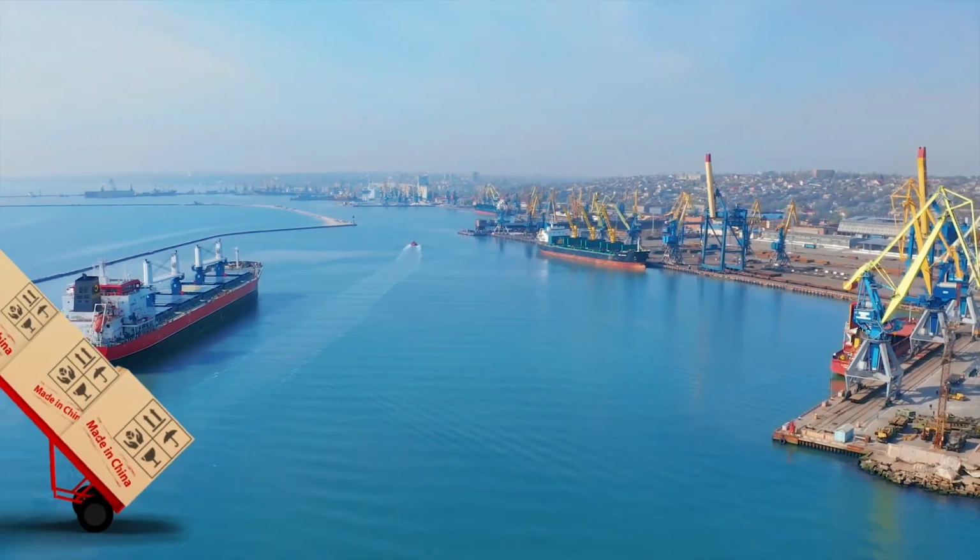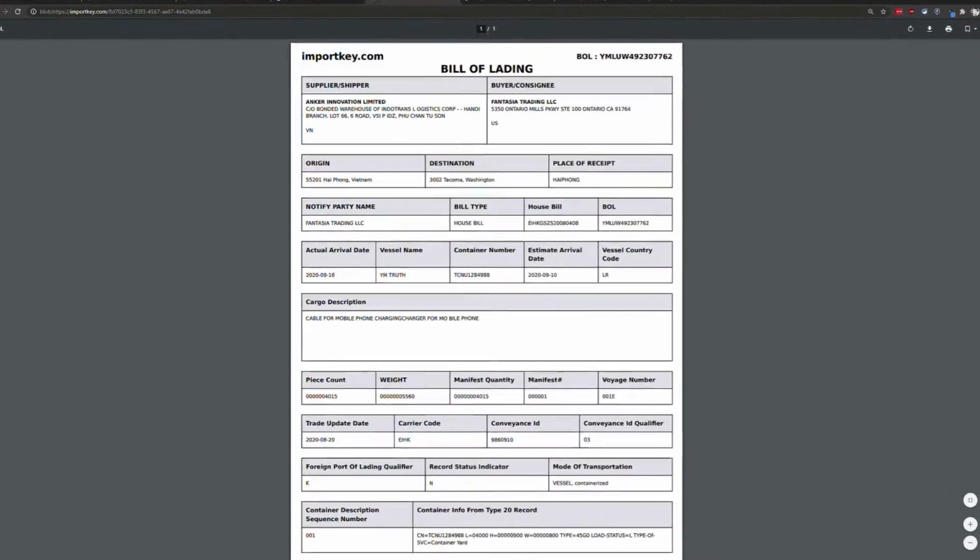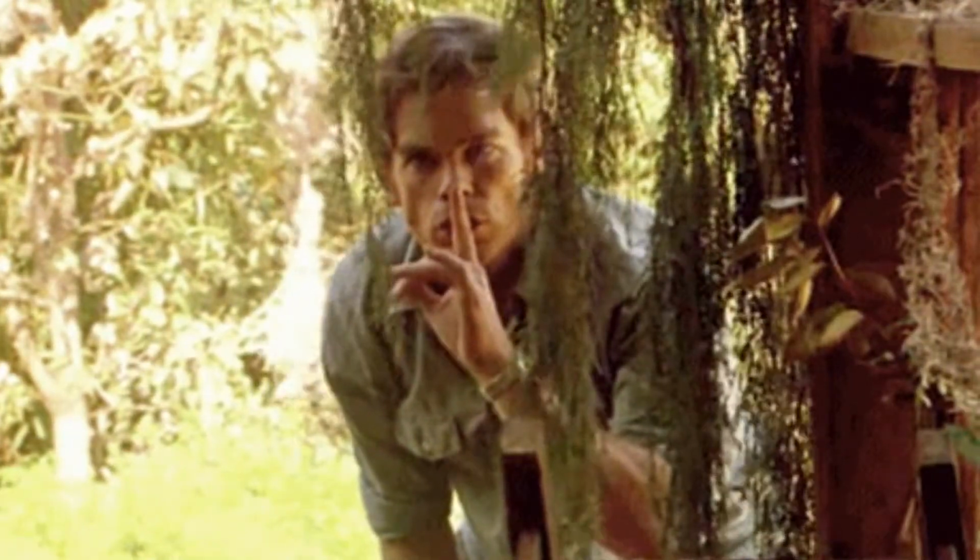You see, when anyone imports a physical product into the United States with a sea shipment, they're required to file what's called a bill of lading with U.S. Customs. And the bill of lading has a whole lot of information that most companies would prefer to keep private. But all of this data within the US government is technically public records. And people have been able to file freedom of information requests to get all of that US Customs data out.